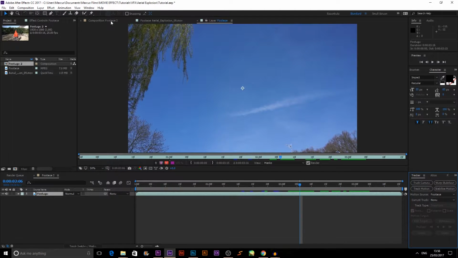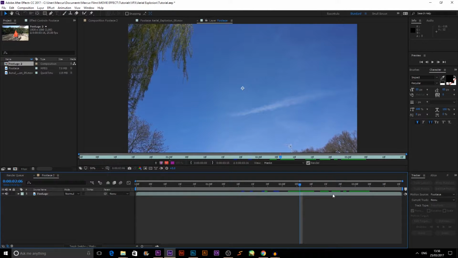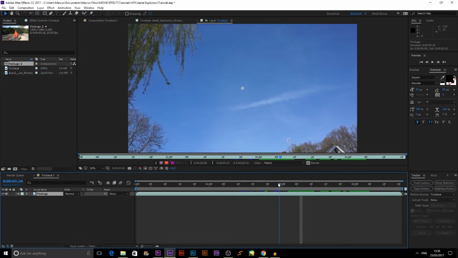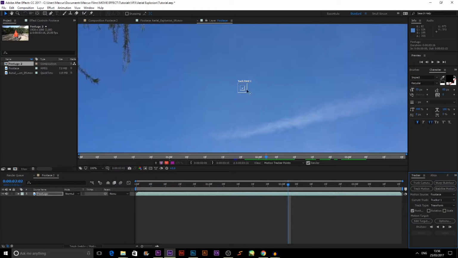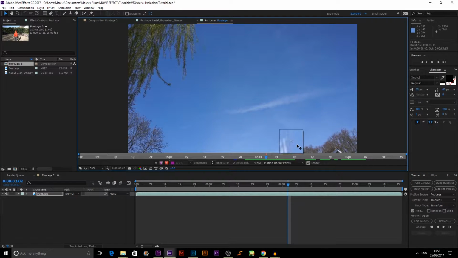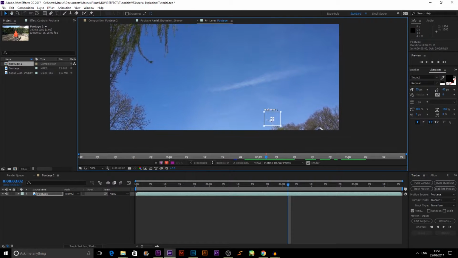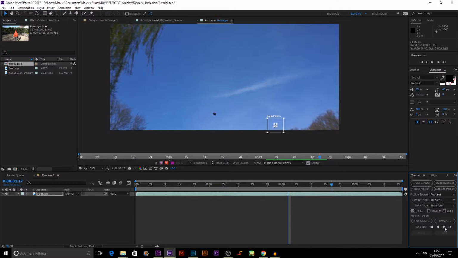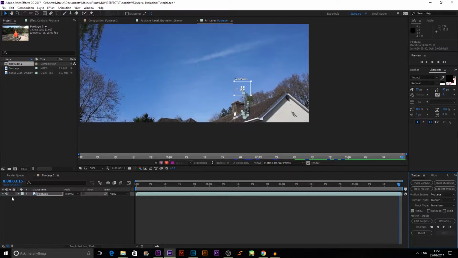So I'm going to go into my tracker tab, and if you don't have that, then go into Window and make sure that the tracker has a tick and just click that. And I'm going to select it from probably around here and click track motion. And we don't want to do anything before that because there isn't going to be an explosion there, so it doesn't really matter that much anyway. I'm just going to put this onto this thing here. And then we'll just click play, and the tracker will work that out,